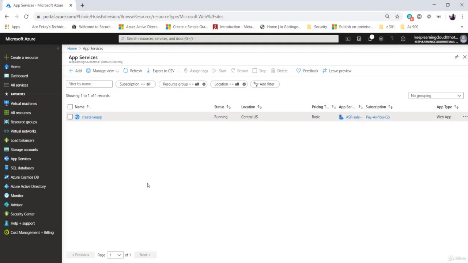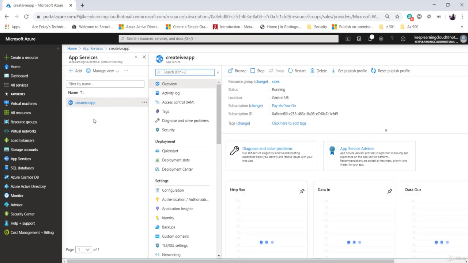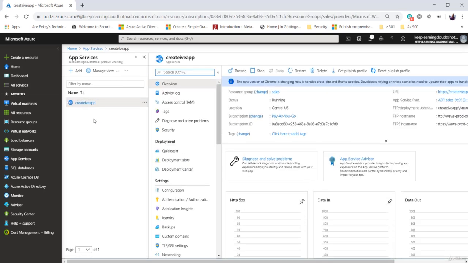All right, now my web app called Creative app is created and it looks like there's a typo here. All right, so I'll just ignore that typo at this moment and continue with the demonstration of web app. So let's say my app called Creative app is ready, and what I want to show you is the auto